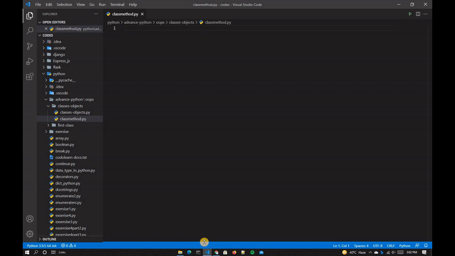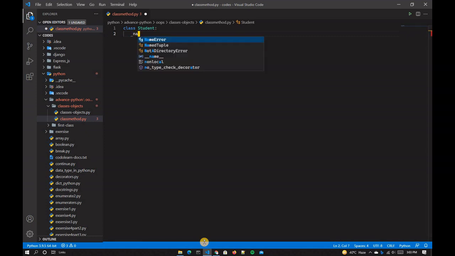So guys, first of all, let's create a class, and that class name is going to be student, and then you have to create a variable, and that variable name is going to be name, and inside this I will type Karthik.